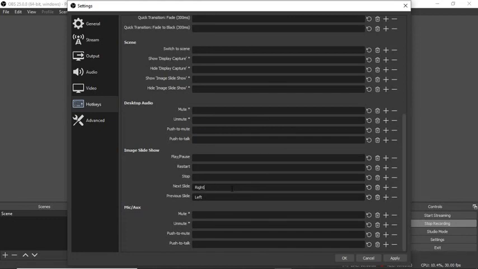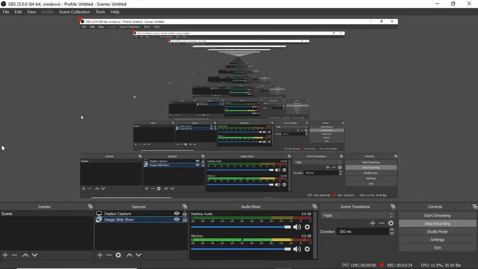If you have made a mistake, let's say you have by some mistake clicked on the backspace key, what you do is you don't click backspace once again, you click on delete, right? And then you put the pointer back into the box and then click the right key once again. So as soon as you do that, click on apply, you click on OK. Now we have come to the main window, the main OBS platform. Now you could move your image slideshow back on.